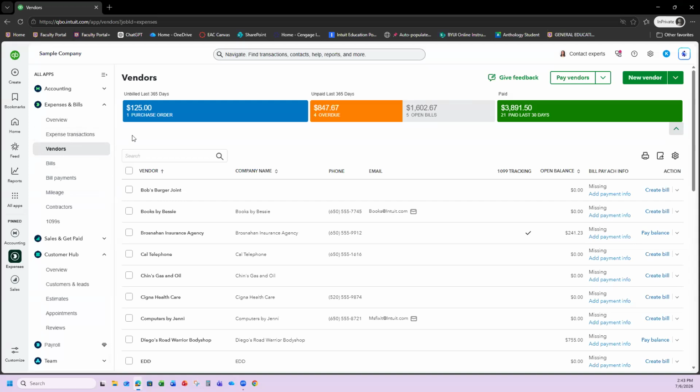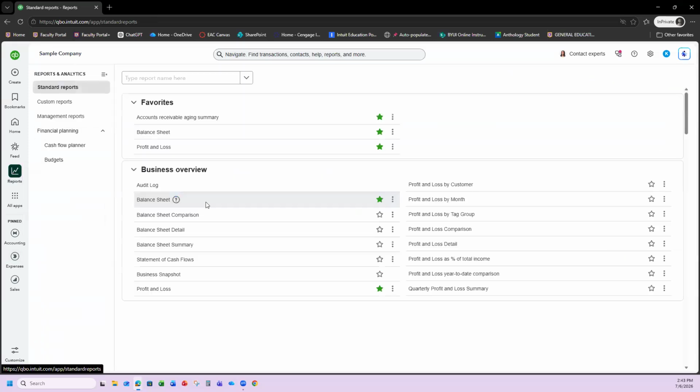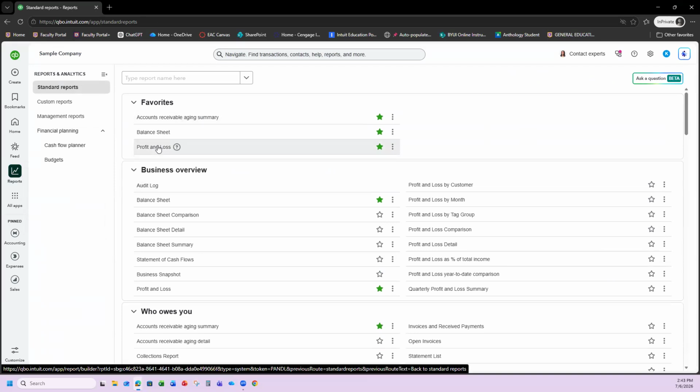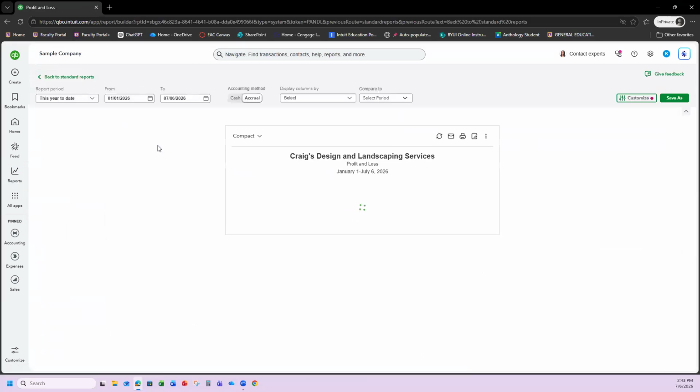Number 7, open the reports area. So I'm going to come back over to the left menu and click on it to open the reports overview screen. It wants us to run a basic profit and loss report. You can see up here under favorites, we have profit and loss. It already assumes that's a favorite because that's such a standard report that businesses use. If I click on it,